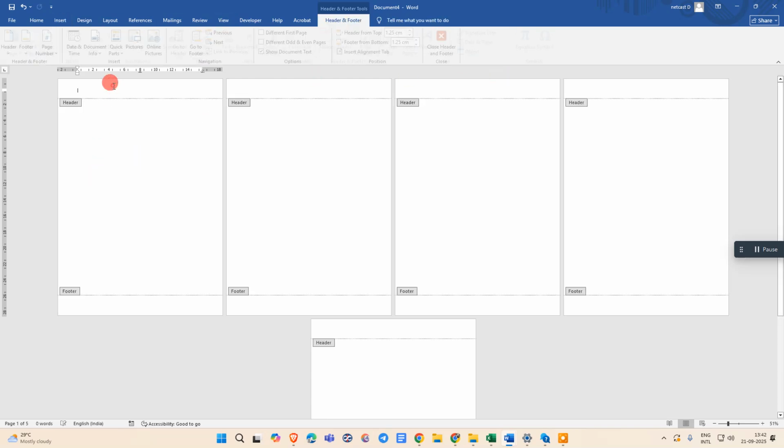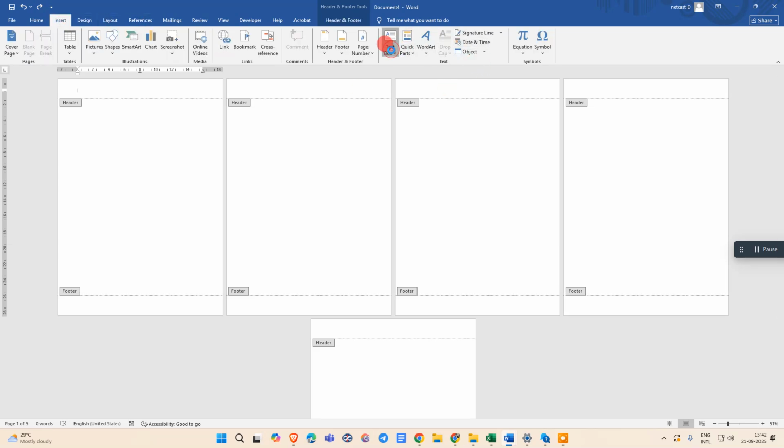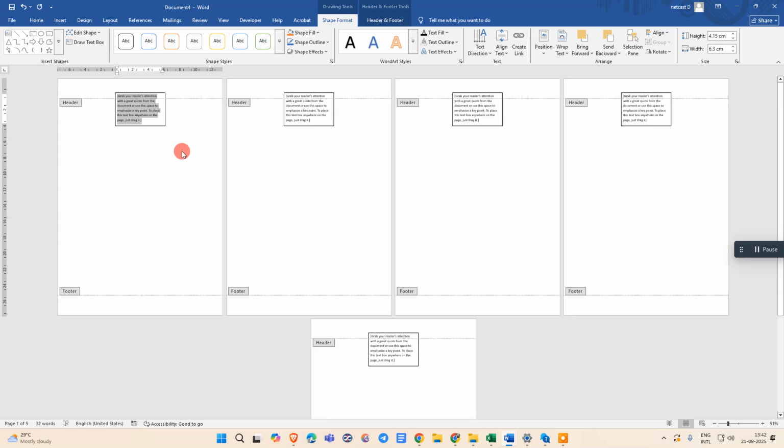First we need to enable the header. So you just need to come here to the first page at the top and just double click on it, then the header will be enabled. Now what you need to do, go to Insert and go to Text Box and insert the text box here. Now just select the text box,